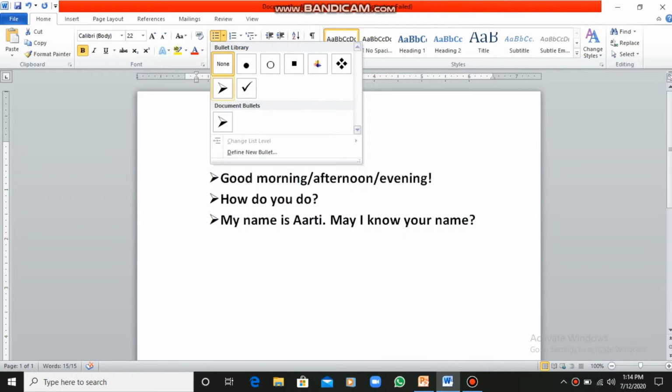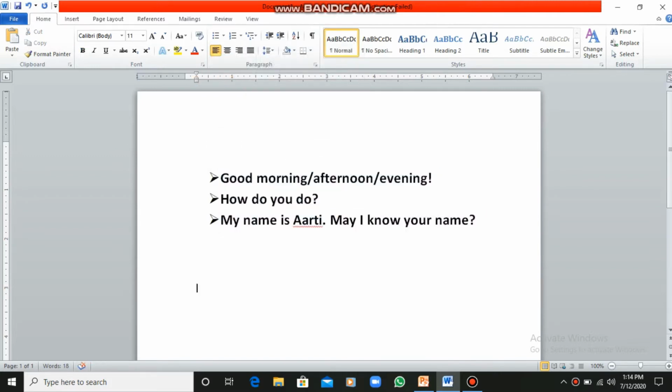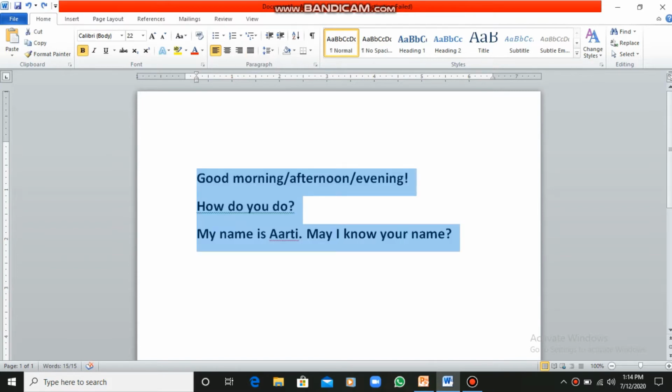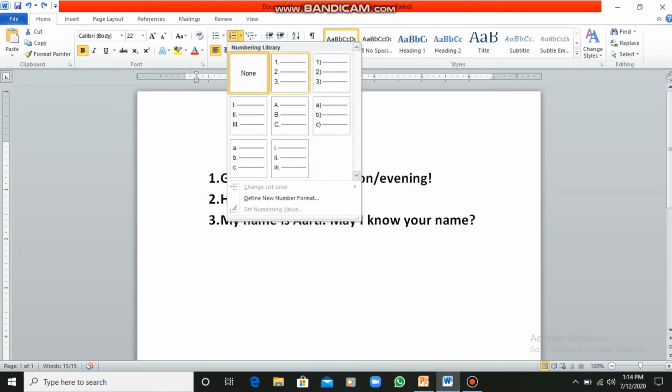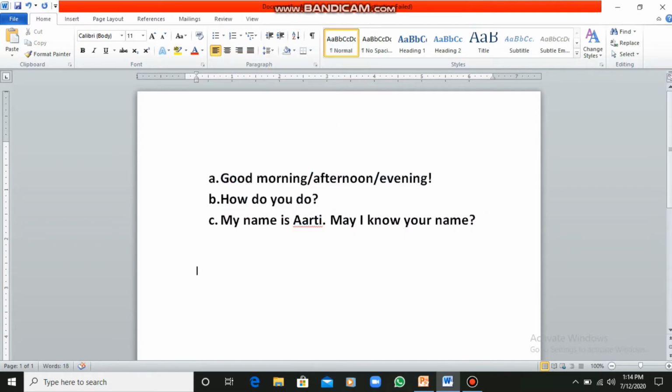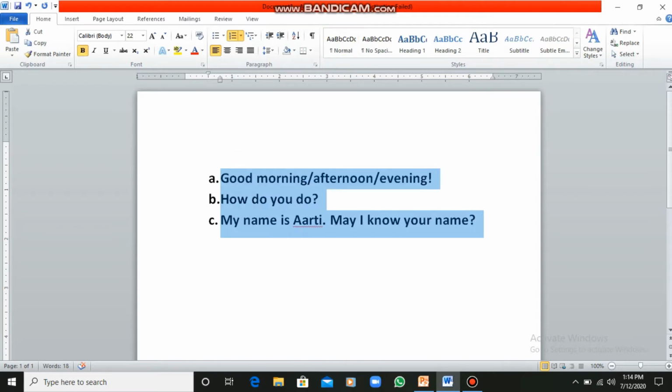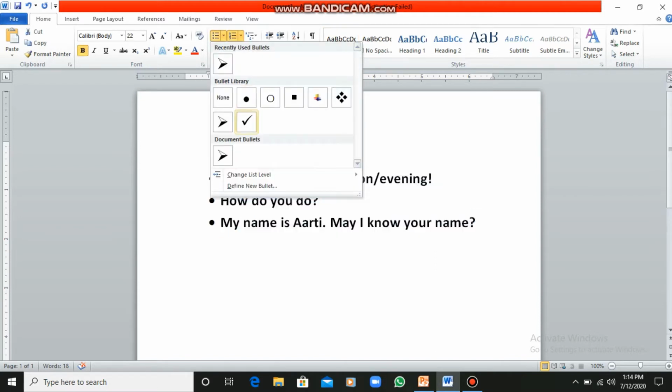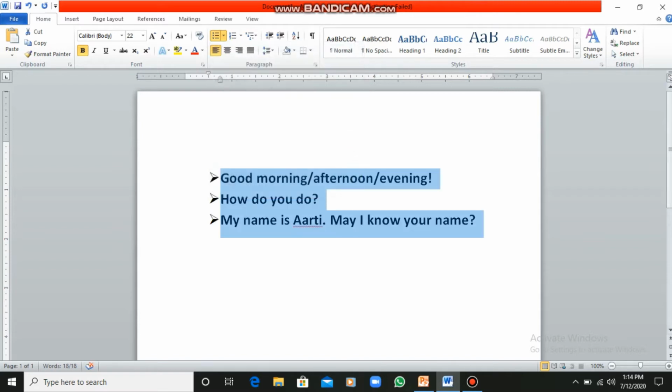As you can clearly see, those options are highlighted, and these are the bullets which I have applied by clicking on the bullets option. Similarly, I can also apply the numbering before the text or the lines or the paragraphs. I can apply the bullets or the numbers before the text, and there is a simple procedure for that. This option is available in the paragraph group under the Home tab.